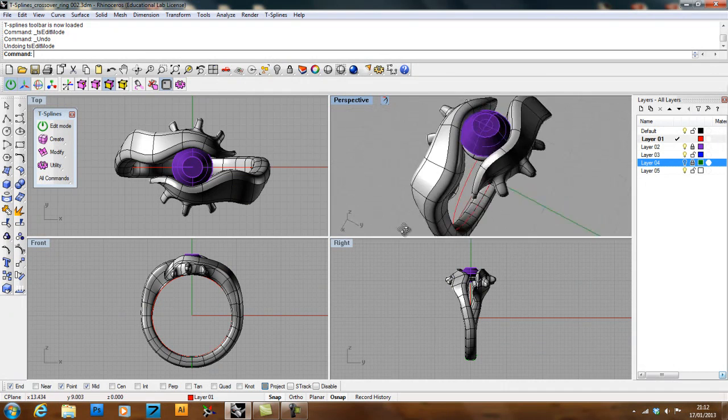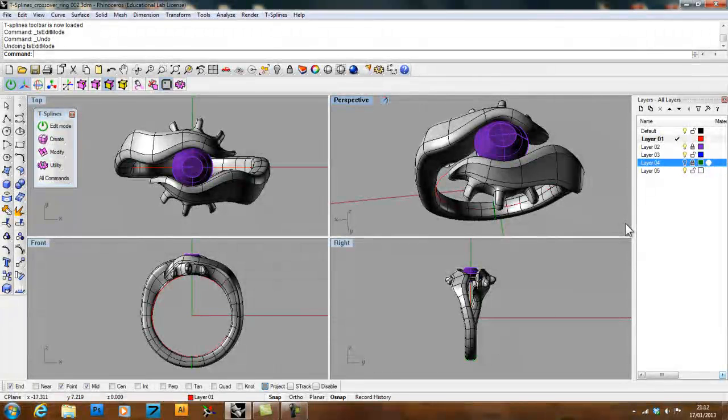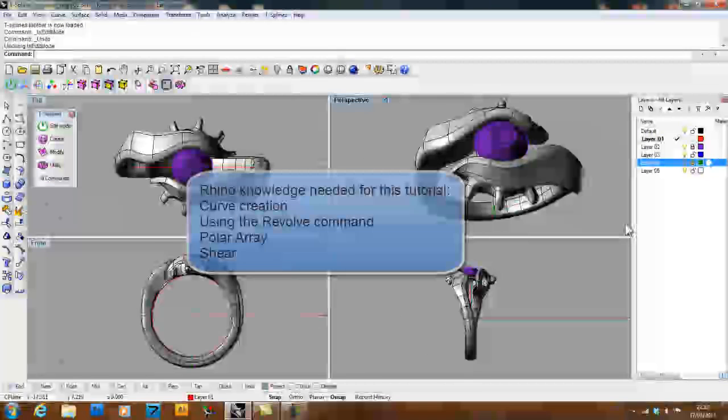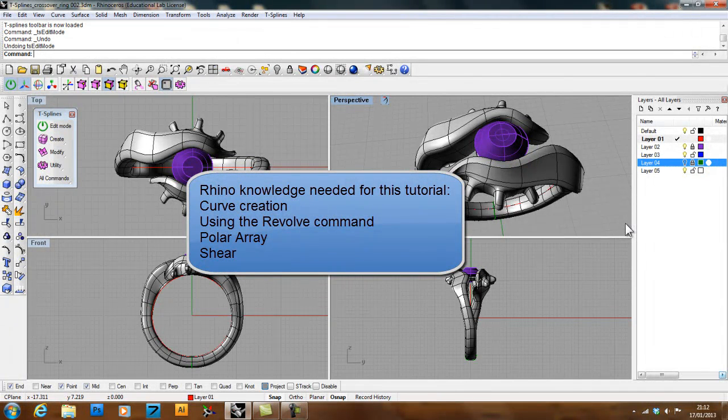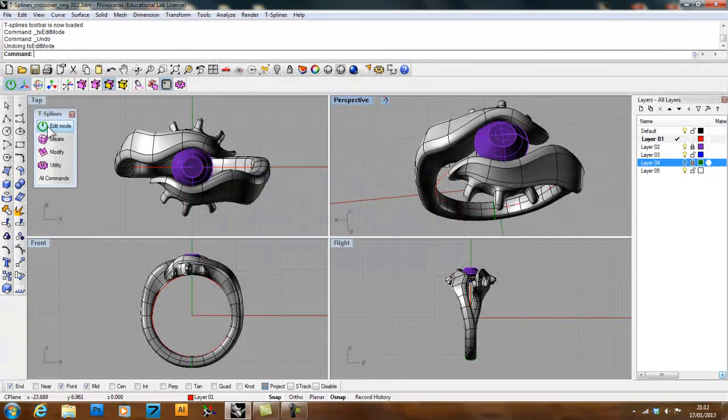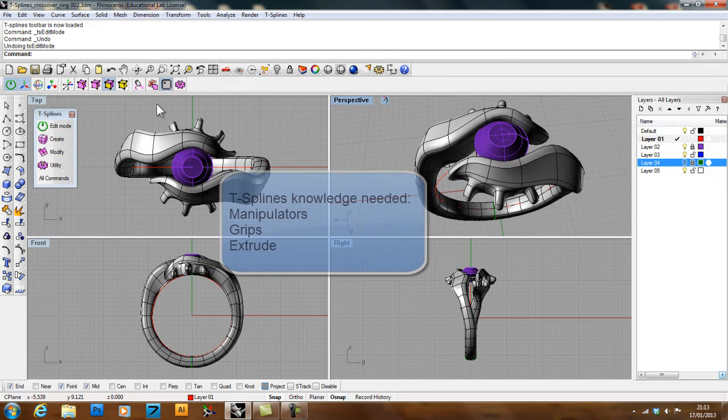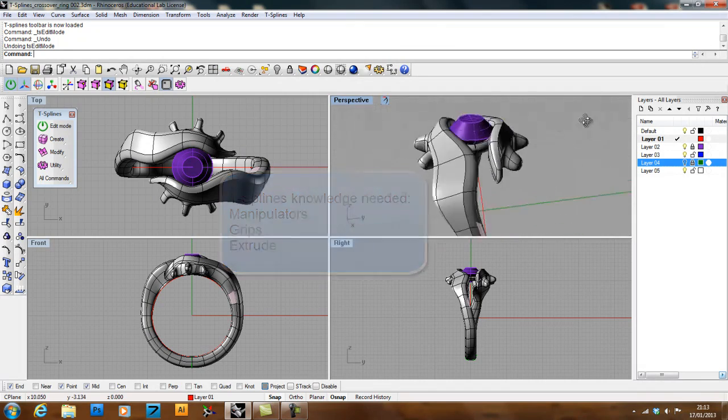Before we get started, I want to make it rather clear that I'm assuming you're already comfortable with the basics of working in Rhino itself. You know how curve creation works. You also understand commands like revolve, polar array, and shear. In addition, I'm also assuming that you've spent some time with T-Splines already. You understand how the manipulators here and the various grip modes work,